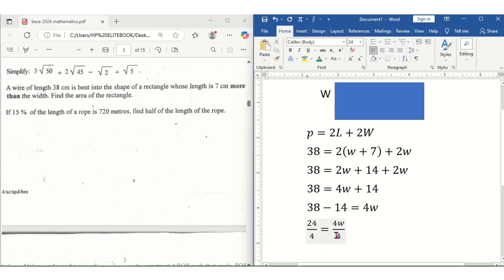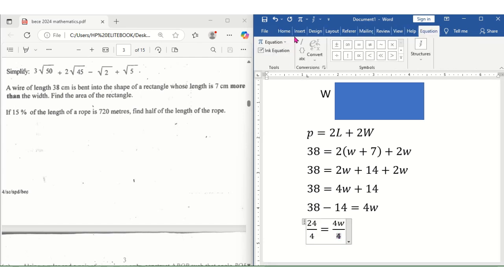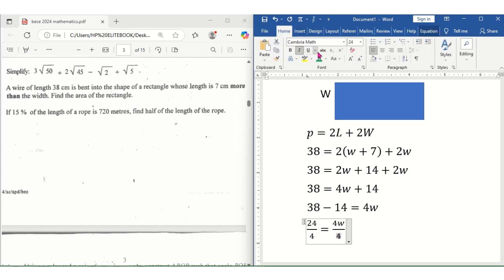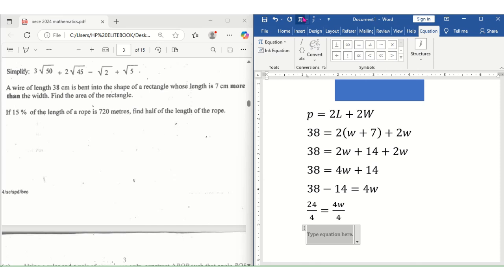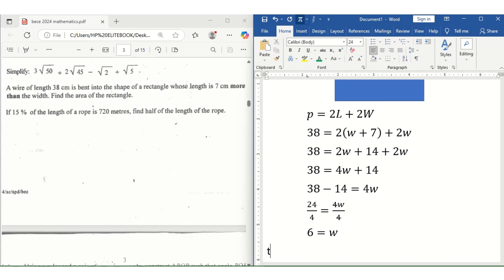Then this 4 here will cancel out the 4 at the numerator part, leaving us with the w. Then 24 divided by 4 will also give us 6. So this will give us 6 equals w, meaning that